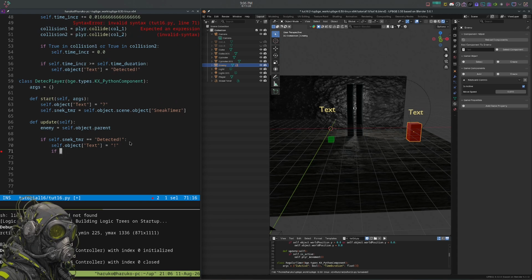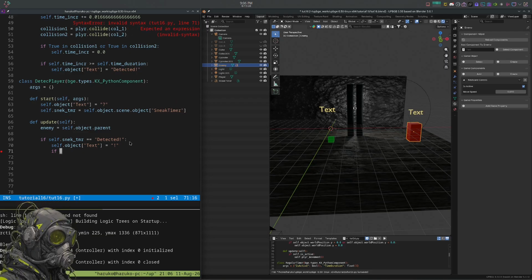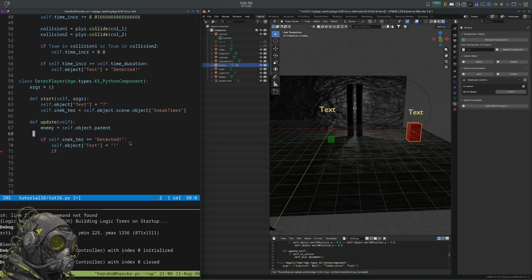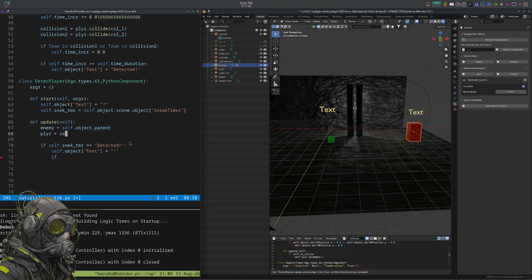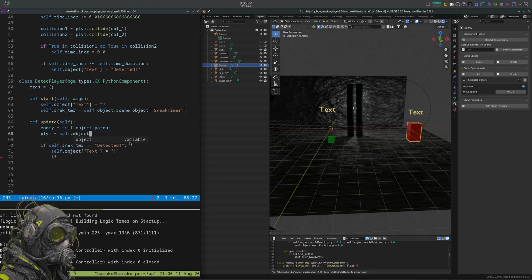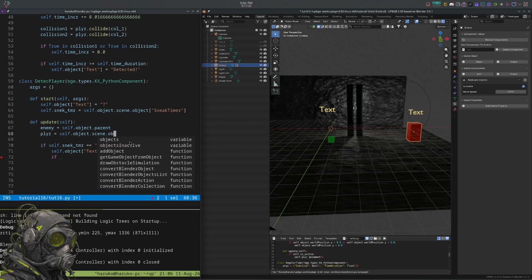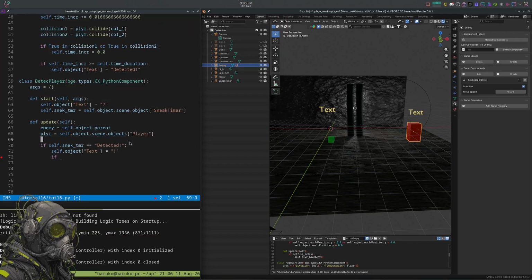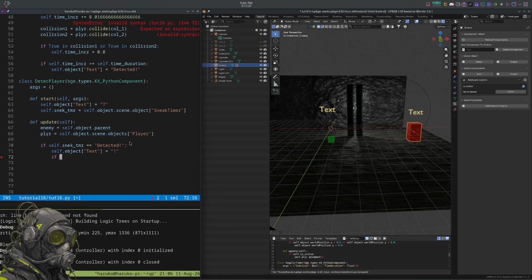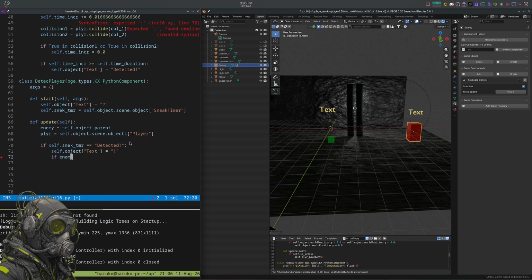We have to bring in the player to do this too, so we'll do that. Player is equal to self.object.scene.objects player. Then we'll do if enemy